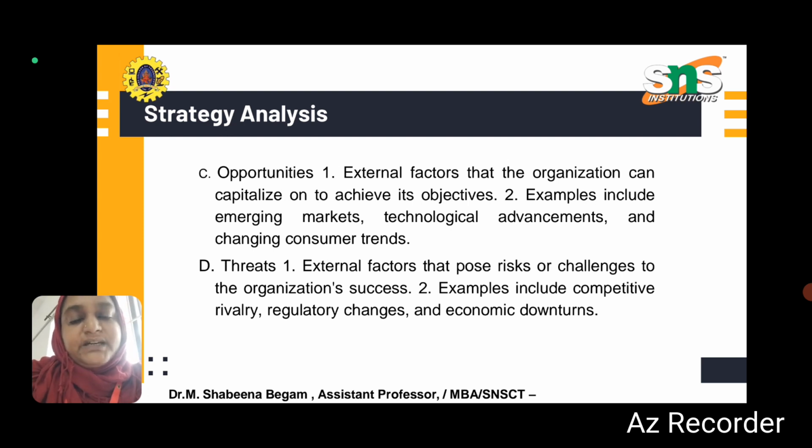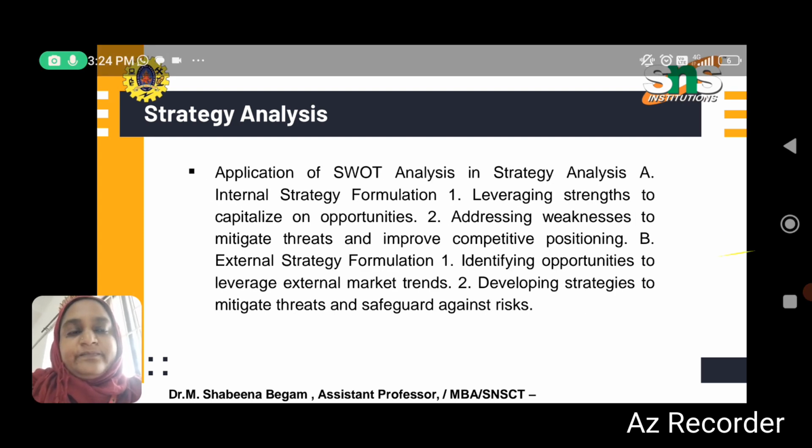So it is a big threat and rivalry for China, as their products are not likely to be used by all the countries. So it was a threat for China during the COVID period. Economic downturns, regulatory changes, everything changed for China after COVID.